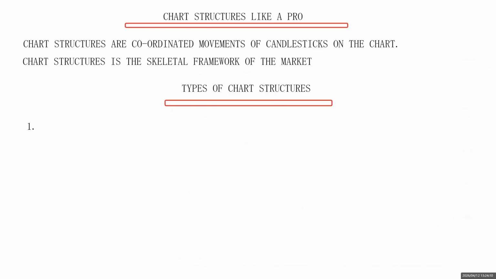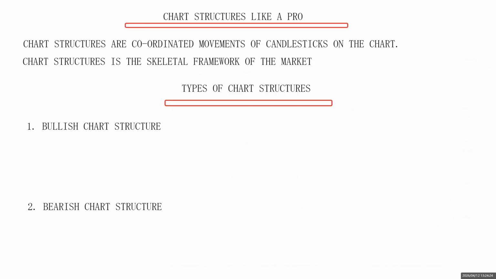So now, going forward, we have been able to understand what these chart structures are, but it's also important that we know how these chart structures are grouped. Okay, so it's important that we now go and see what types of chart structures there are, so that we understand the grouping of these chart structures so that we can trade them correctly according to their grouping. Okay, so number one, we have the bullish chart structure. Okay, and number two, let's put it a bit of a distance below, we have the bearish